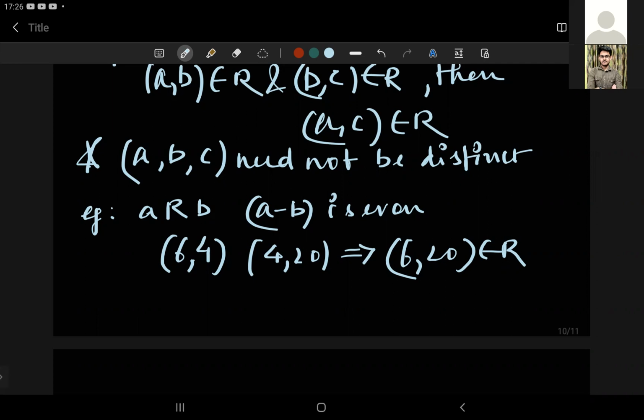Now we come to the most complicated one, in which you have to check all these: reflexive, symmetric, transitive. Not identity, because that's not important. Obviously it is important, but not important from the point of view of JEE. So, equivalence relation. If a relation is reflexive, symmetric, and transitive, then it is said to be an equivalence relation.